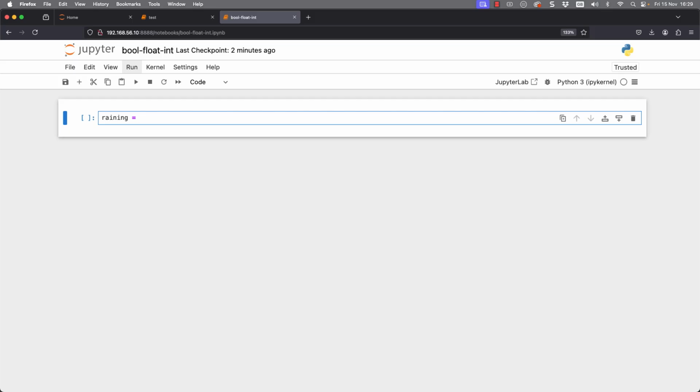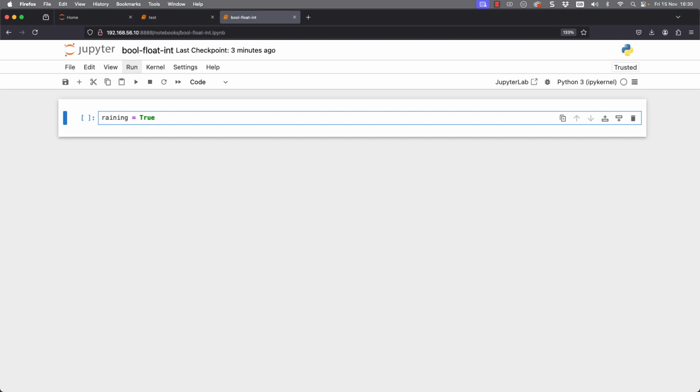And then we can use equal, the assignment operator. And look at this, we just put the word True with the uppercase T. We can see that it comes back highlighted in green, so it's recognized as something special in the language. So this is what we mean by Boolean values, a simple true or false, but in the correct case.